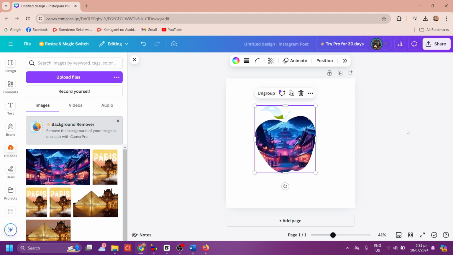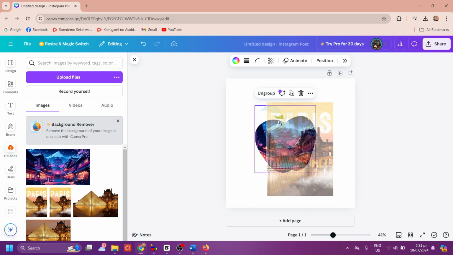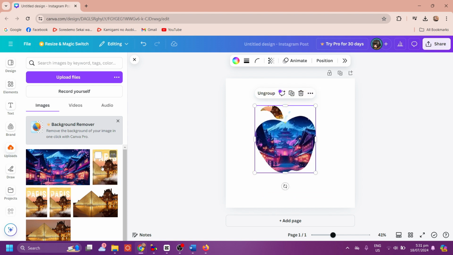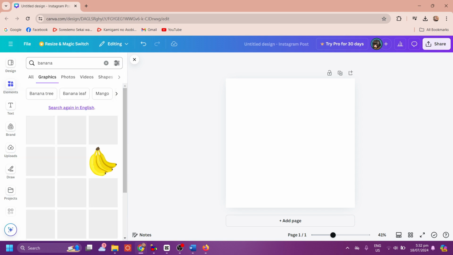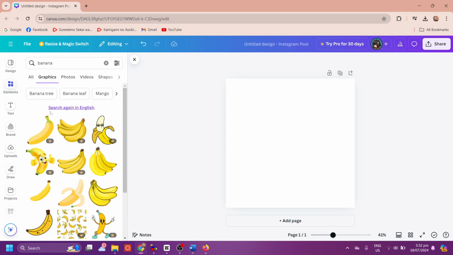Now you can add also different picture. Just gonna add this one, and then that's it. Now let's add another example. I'm just gonna search this banana,